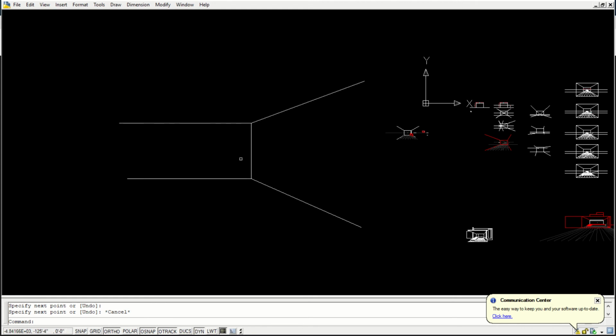This is not in perspective, I'm just trying to explain what we are trying to do. So if this is the case, how do we start constructing perspective for this particular angle?